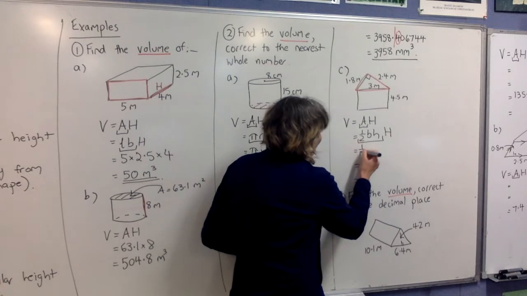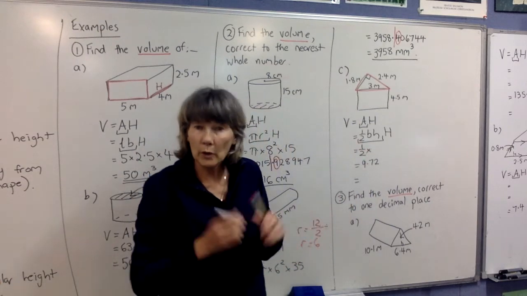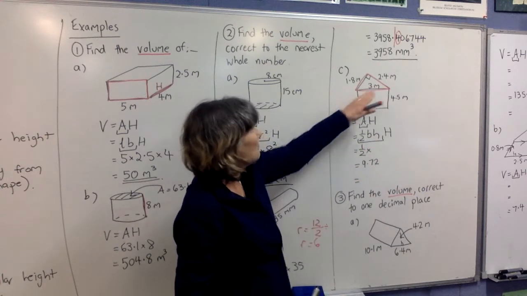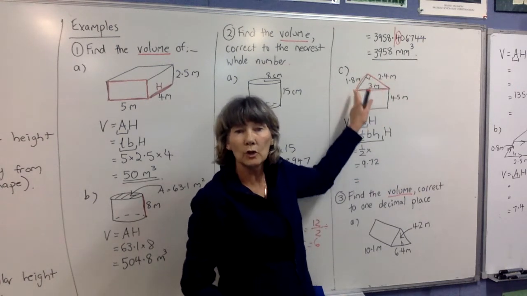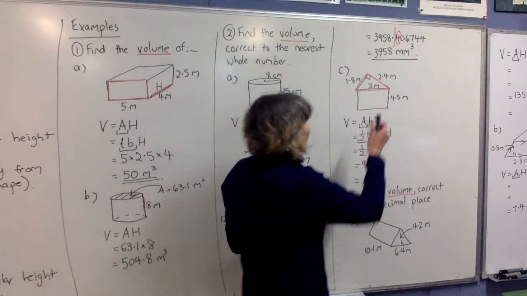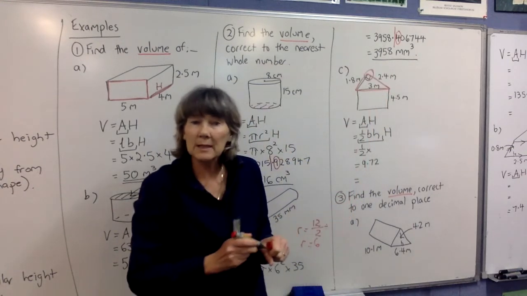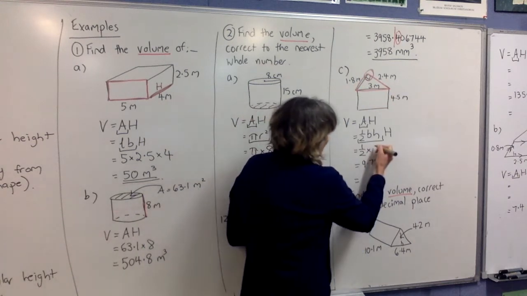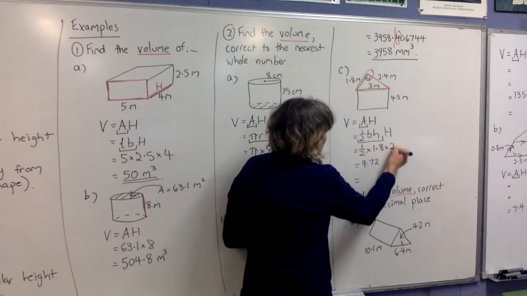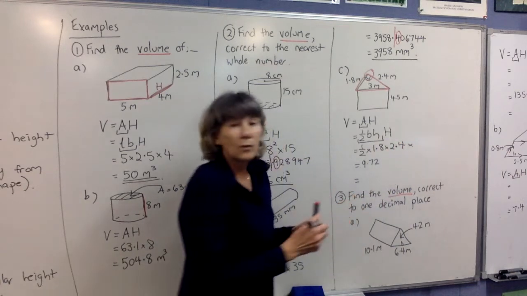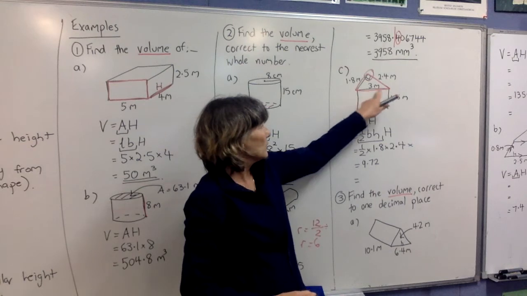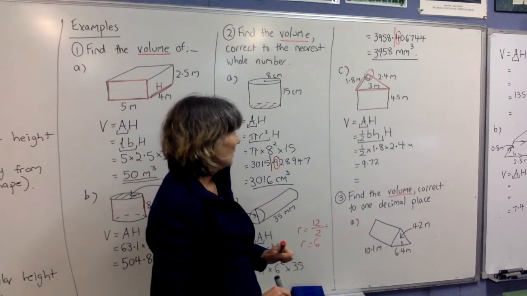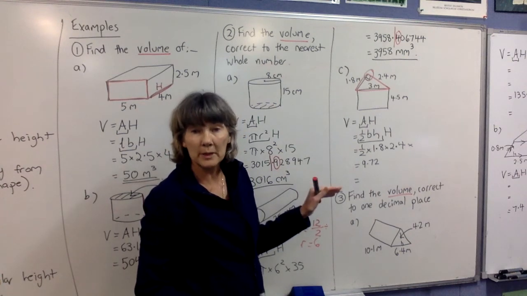Alright, so now we have a half times. Now, you're only looking at the triangular base for these two bits. So we've got to find our base and our perpendicular height of our triangle here. So look for your right angle, and our base and our perpendicular height go around that right angle. So I can say the base is 1.8 and the perpendicular height is 2.4 for that triangle. Okay, it's got nothing to do with this 3 here. Just put in there to put you off. All right, now the perpendicular height of the prism comes